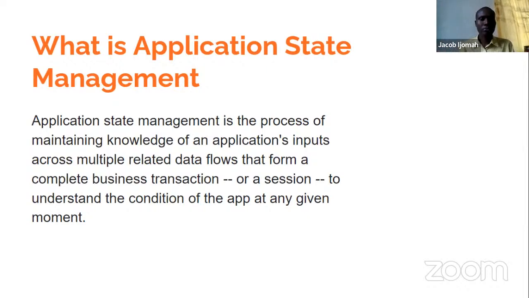So that memory plays an important role, and that's what we regard as application state. Just keeping a memory, the ability to remember, and that cannot happen except there is a storage also. So application state management is just a process of maintaining knowledge of an application, the inputs across multiple related